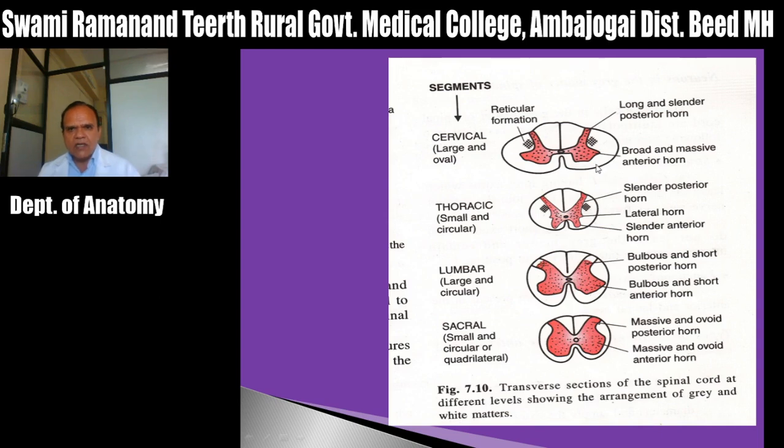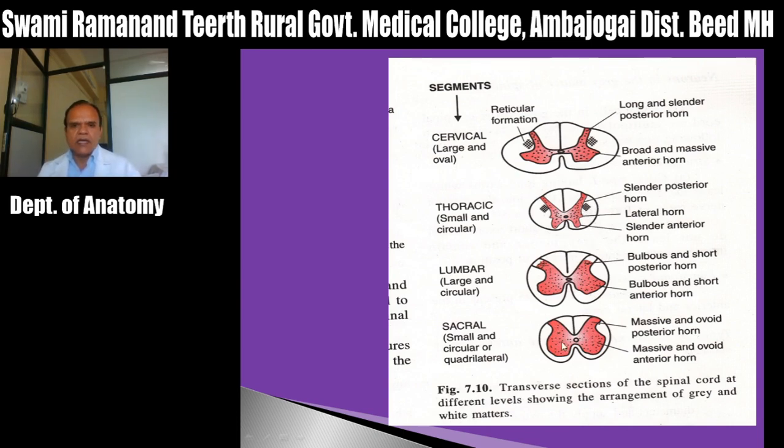So can you hear? In the cervical region also the anterior horn is bulbous. In the lumbar region also the anterior horn is bulbous, because there is a cervical enlargement and here is a lumbar enlargement, which we have already seen in gross in the initial pictures. Here there is no lateral horn. The lateral horn is purely present particularly in the thoracic region, but it can extend up to L2.